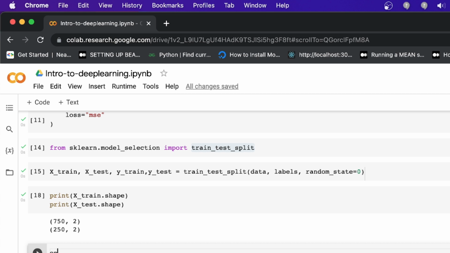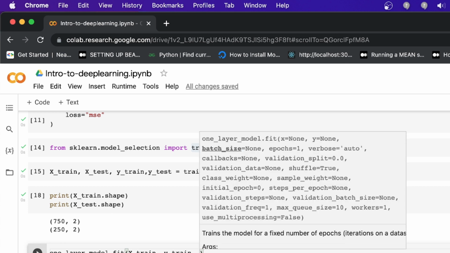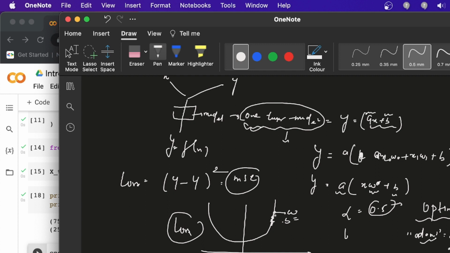So one layer model fit again is a function and you pass the data set. Because in the training you are updating the W and B with some number, like starting with this value, and next time you're taking a step 1, a step 2 and a step 3, and you know this step is called epochs.